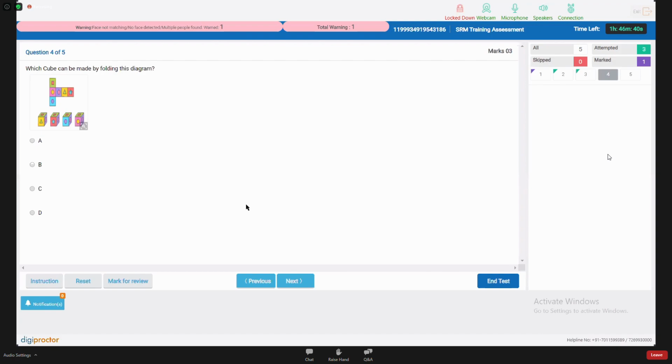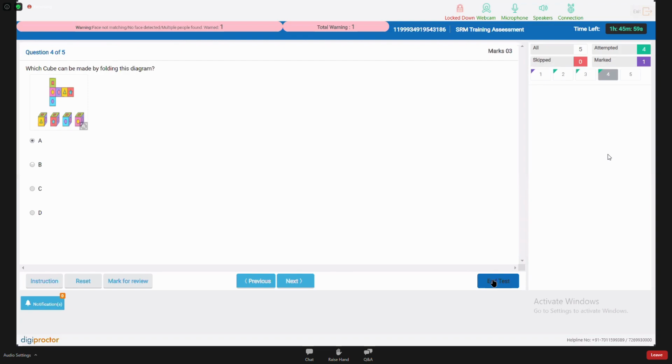You can force shut down your machine in case the machine is not responding or you need to get out of the same. To force shut down the system, you have to click on the power key and keep pressing it for 10 seconds. Please note, you don't have to make the computer go to sleep, but you have to shut down the system and begin it again. In case there is a device failure, you can even begin the test from a different device, a different laptop or a different mobile device. You will be starting from the same point wherever you were stuck. So whenever you're getting stuck, please try to resume it again rather than wasting time.